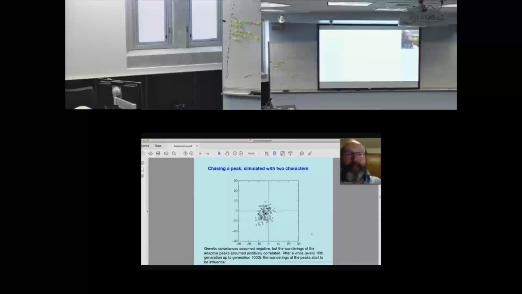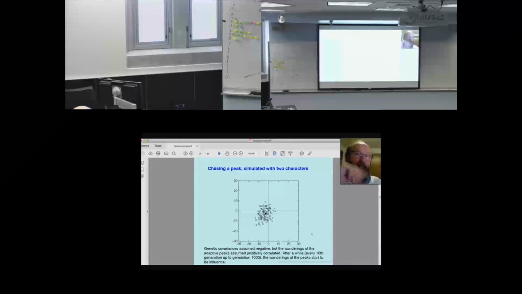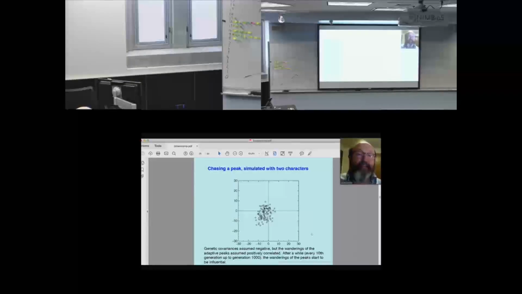They're going from generation 0, 10, 20, 30, 40. And here they are. And now what you see is that the negative correlation of positions is a bit spread out, and the correlation is somewhat lost. If I go longer in time, if I go 10,000 generations and show you every 100th generation, you can see that in fact what's happening is that the means are more or less following the peak. So the peaks are wandering this way, and they're dragging the population along with them.